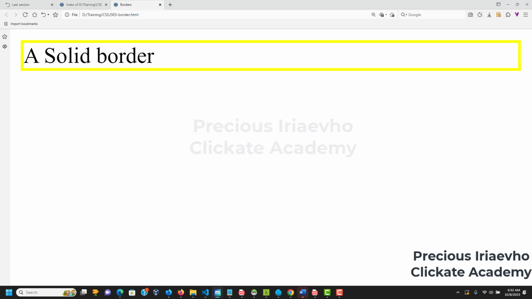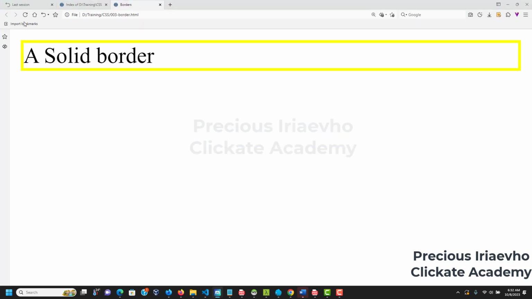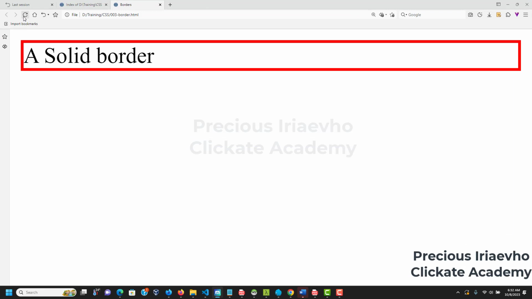So you see, you can give it all sorts of colors that you want. We can also change it to red, so you know that it's not a static color. Red. And there you have it. We have a red border color. Okay. Now,